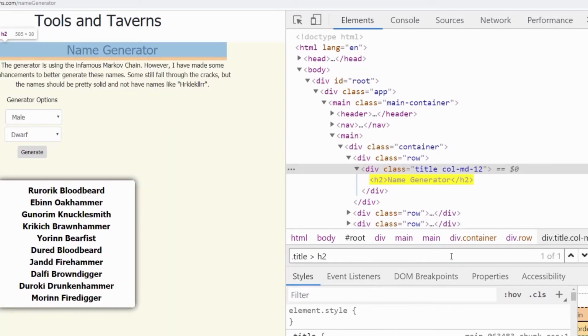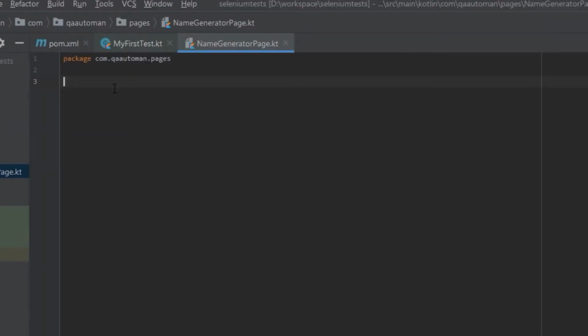And what does this give us? This gives us 1 of 1. I feel pretty comfortable with title being the title and having the H2 below it, and I believe this is an H1. So I'm happy with this title. So 1 of 1, which you can notice right here. And I'm pretty happy with this. So I'm gonna copy that, and over here in our page object,